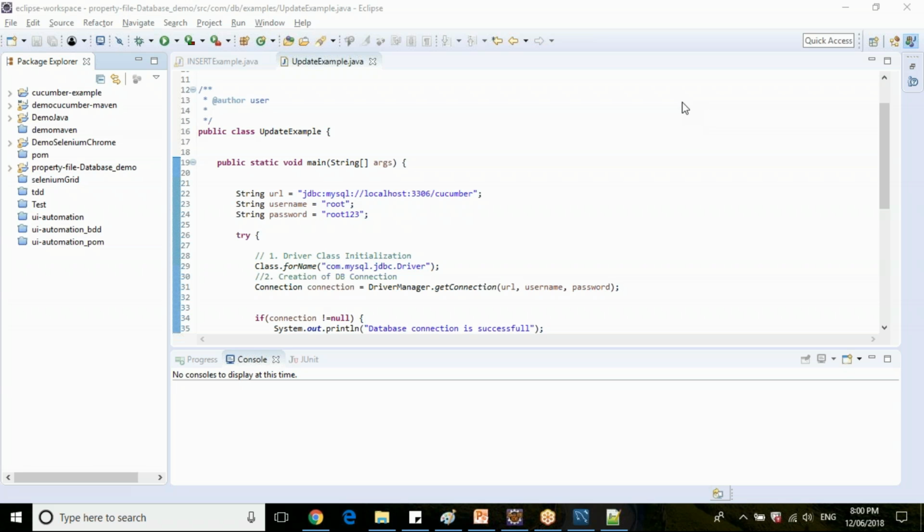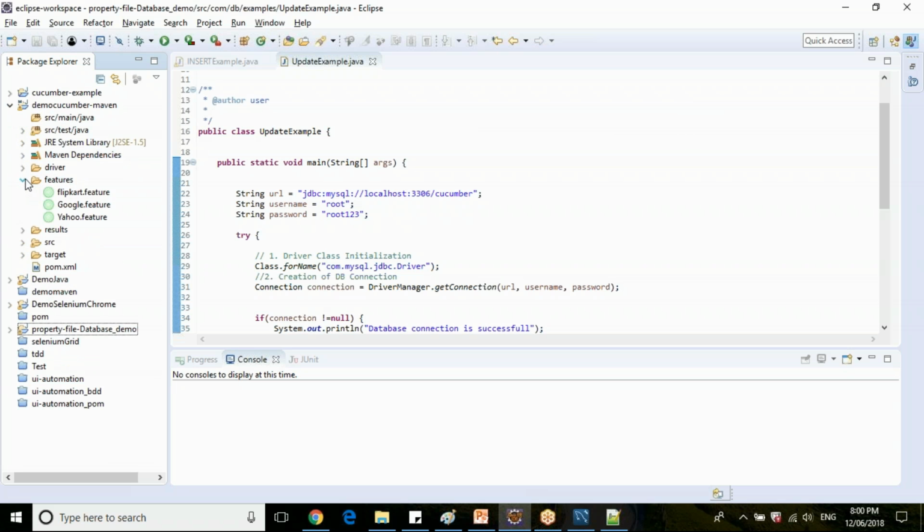So it's something like we can do like this. We can take this as an assignment, guys. I can help out if you're not able to do this. So we have a feature data table, right, for Flipkart registration. So we have two values here in the feature file. Let's wait for a second. It's not responding.